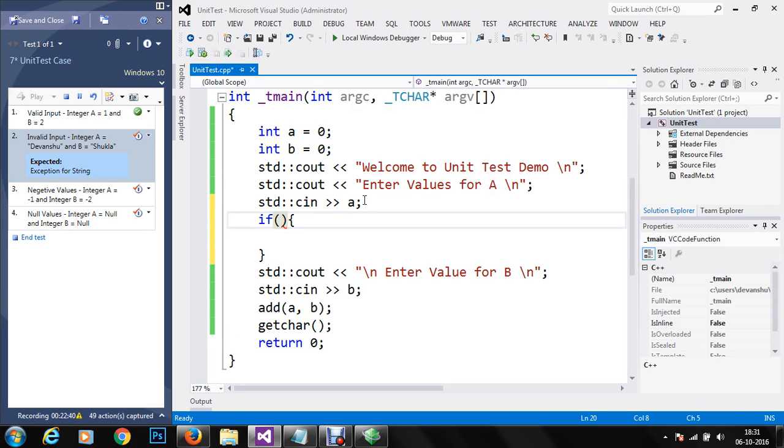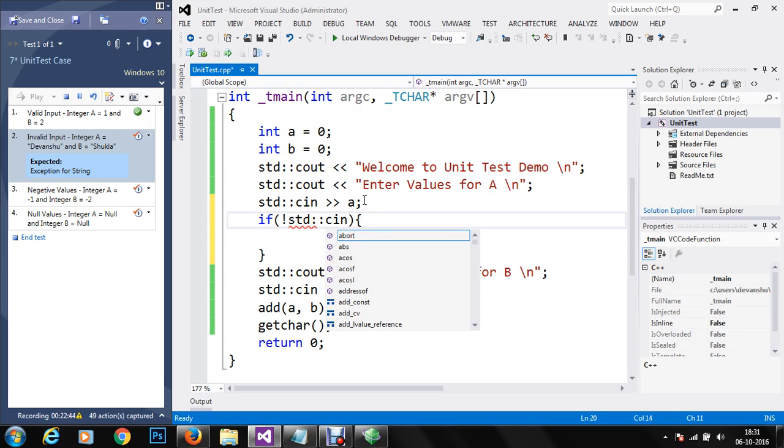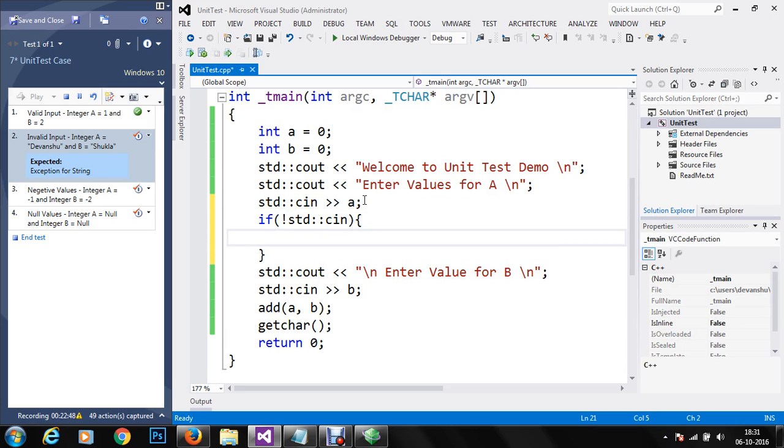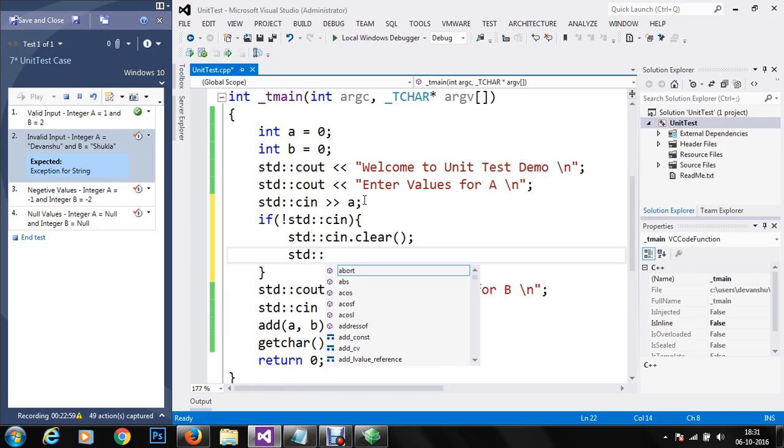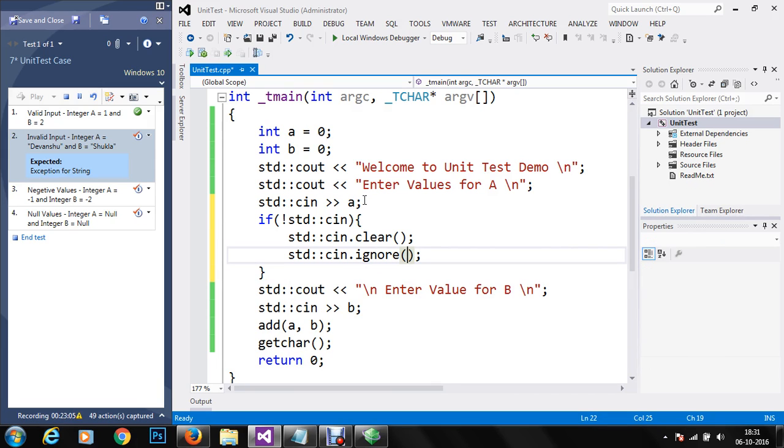So in order to do this, we'll simply check the input, if not cin. If it's a failed console input, we are going to clear the standard input first, and then we are going to ignore the bits which we have received within the console.